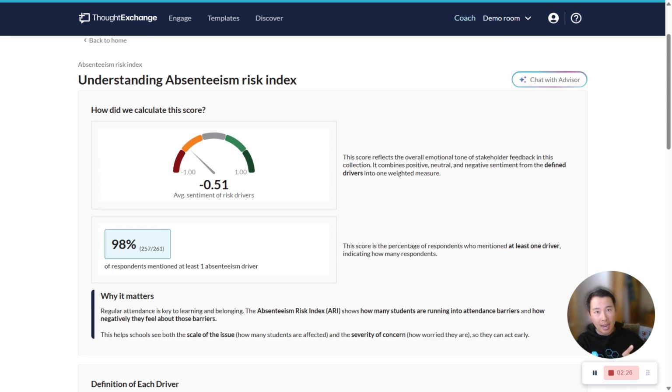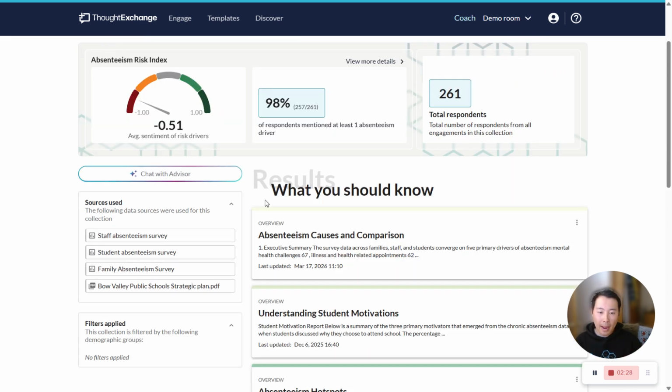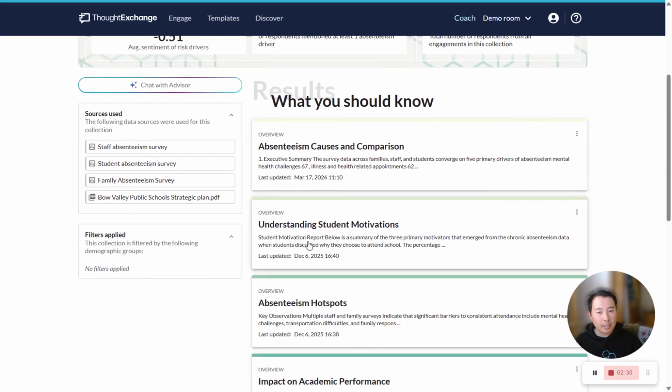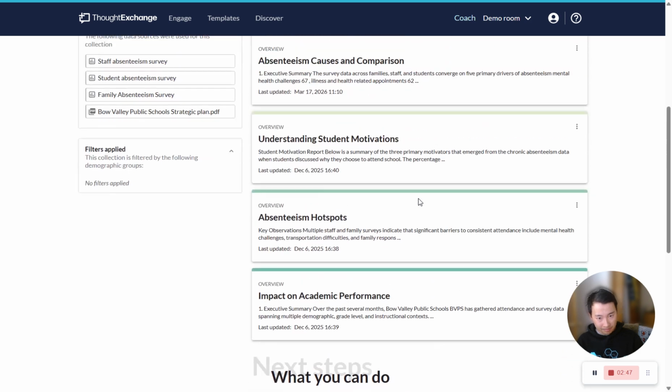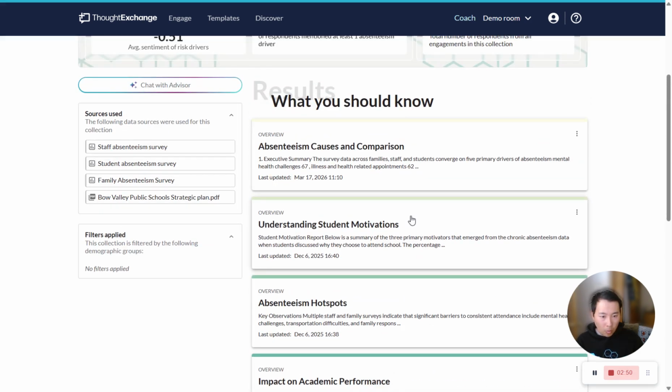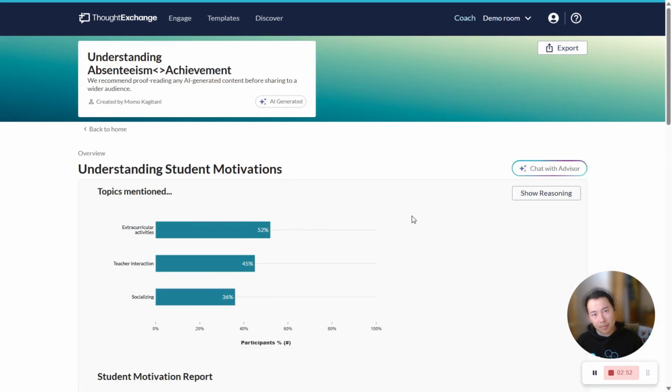before they actually happen. If I go back, what if we wanted to dig down a little bit more deeply? Well, in Discover, inside a collection, we actually do break down the analysis into things that you should know, as well as things that you can do next. These could be recommendations, and in this case, could be things like Tier 1, Tier 2, and Tier 3 supports. One thing I wanted to highlight is if you click on any one of the insights, we'll give you a